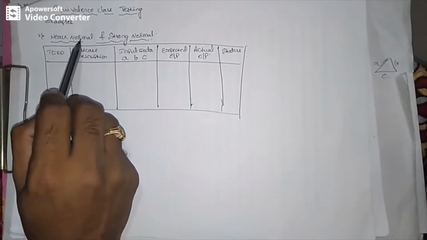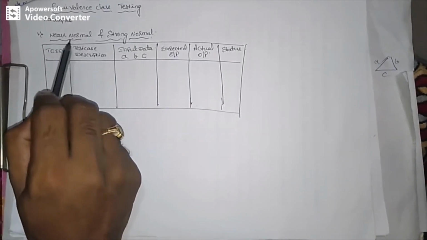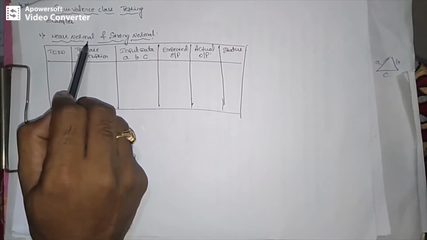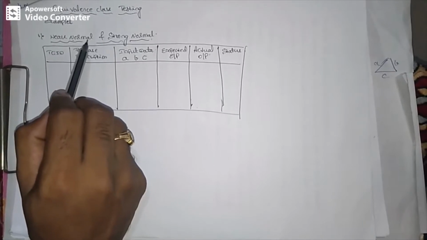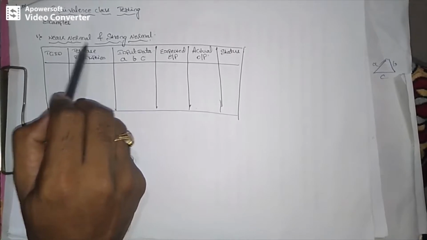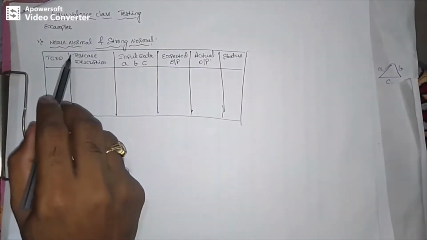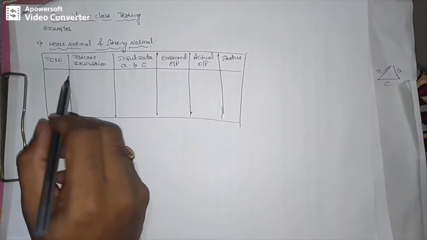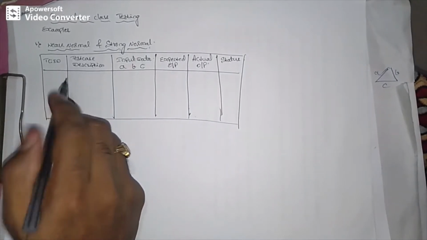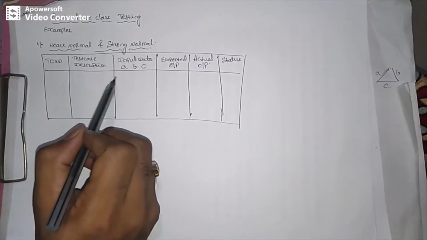The weak normal, as I explained in the last video, is where we specify the valid input variables, avoid redundancy, and do complete testing of the input domain. How do we specify the test cases in weak normal? I told you in the last video that, based on the possible outcomes of a given program, we need to identify the number of test cases, and based on that we specify the input.